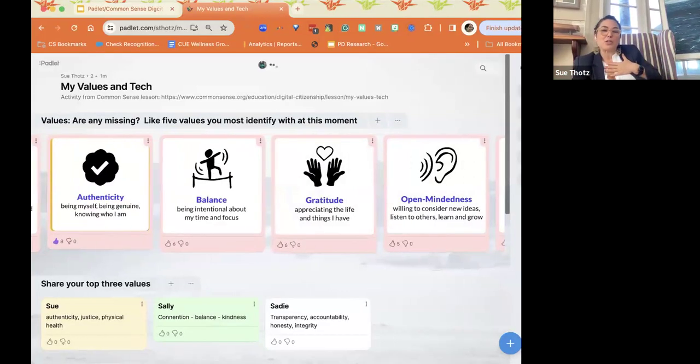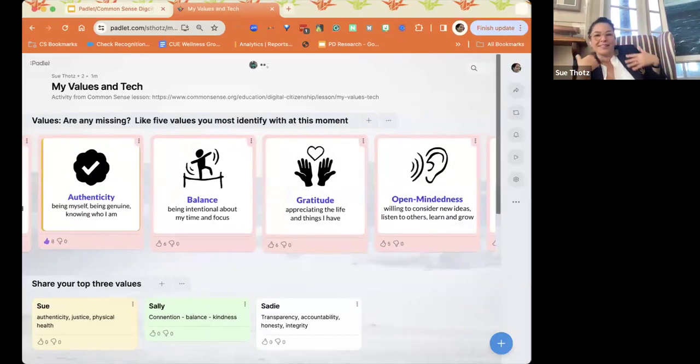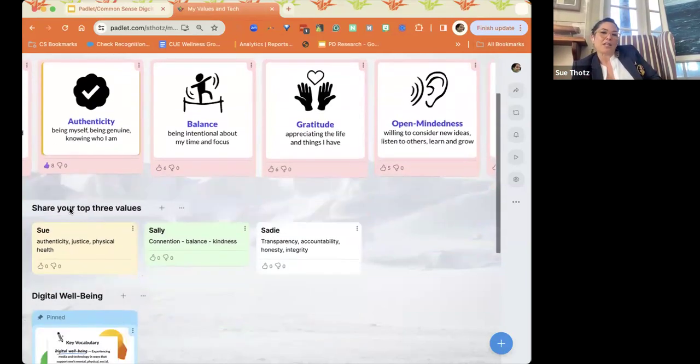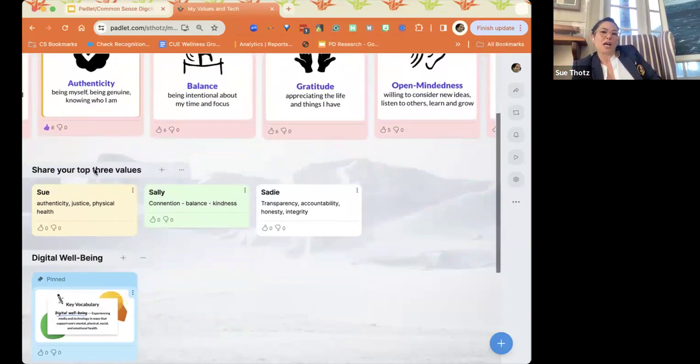If I'm with my students, sometimes it's overwhelming to do this in a room and be able to say these out loud. But of course, if you are a student who can do this anonymously, you might be able to go through and click the ones that you think are most important or add those for yourself. The other thing, and of course, in here, I want you guys sharing your top 3 values.